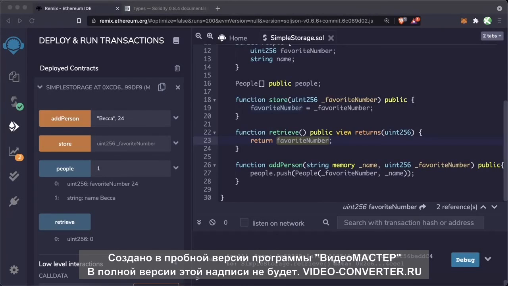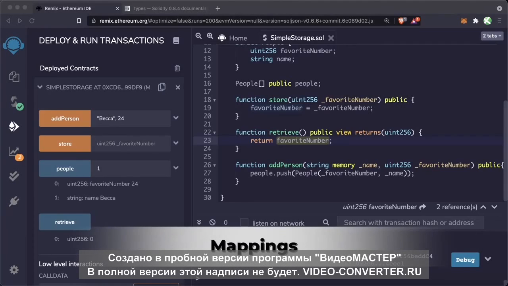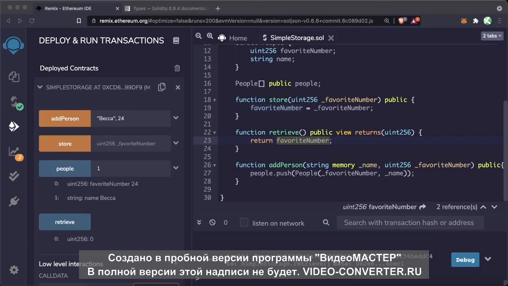However, there is kind of an issue here. What if I'm looking for a person? What if I'm looking to find Becca and find her favorite number in this array? What if I know her name, but I don't know her favorite number? Is there an easy way for me to find that favorite number without having to triage the entire array? There's another